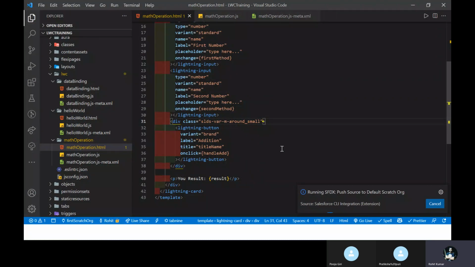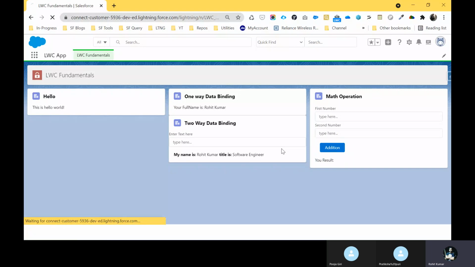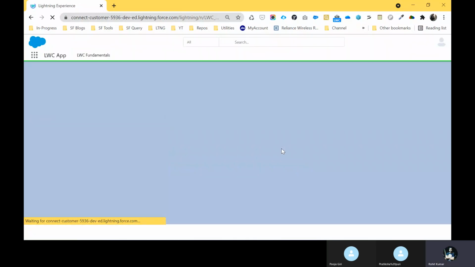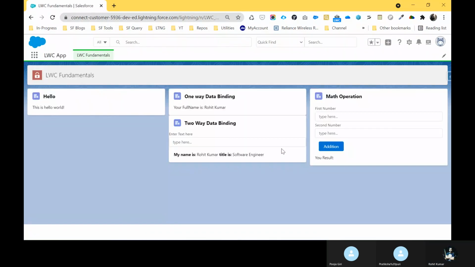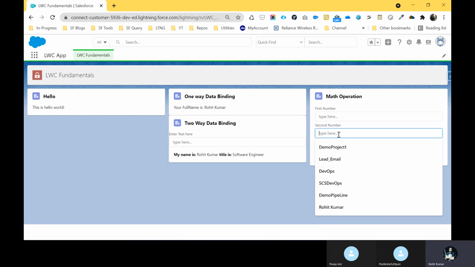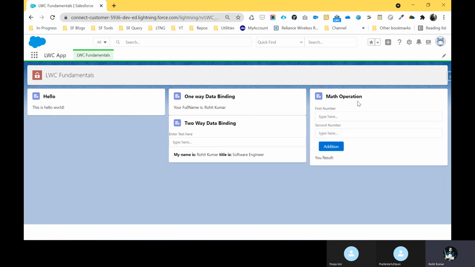And now you can see the output here. Just refresh, and now you can see. So here you can see the output and all the things, right? And this is the placeholder. Type here, you know very well in HTML. Same thing you can apply from here. So is it clear for you?